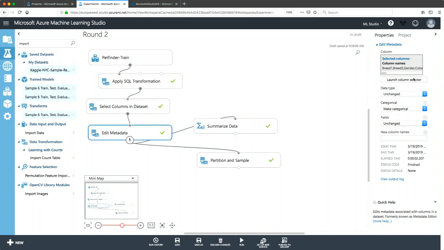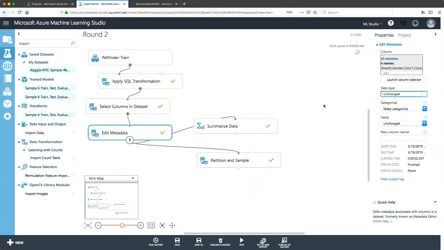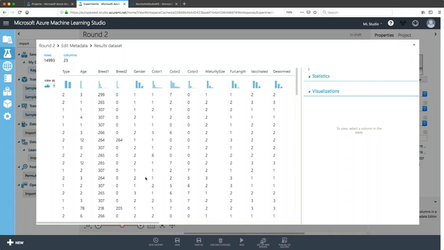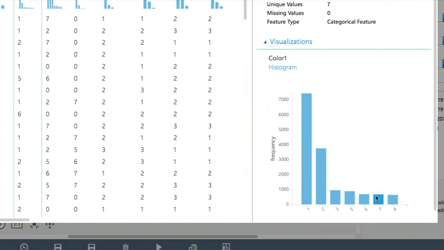And this is where the edit metadata module comes in. This allows you to select a series of columns and change some of their attributes, make them categorical or not, change their data types or not, and so on and so forth. So I'm using this, and if I click visualize on its output, which is the newly transformed data set, I have a better chart.